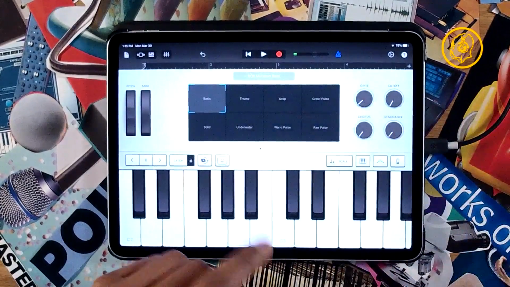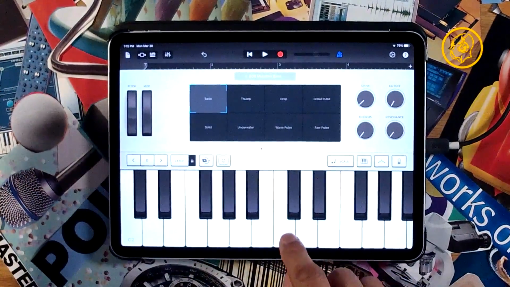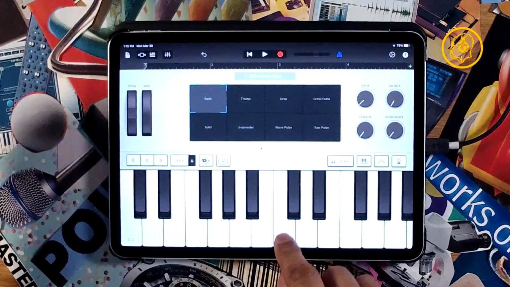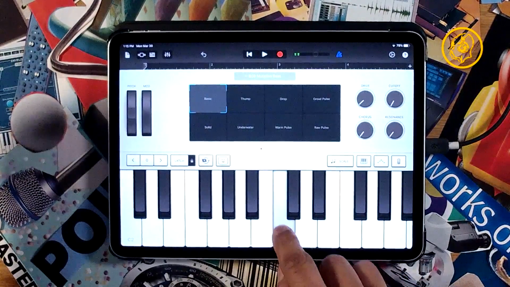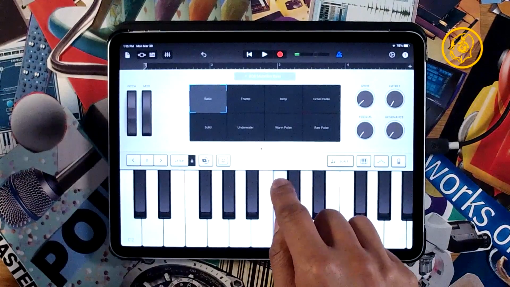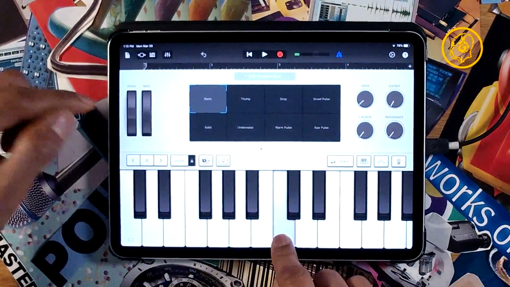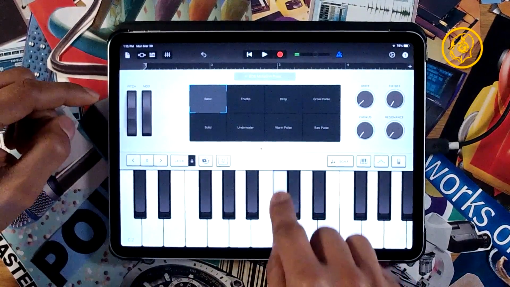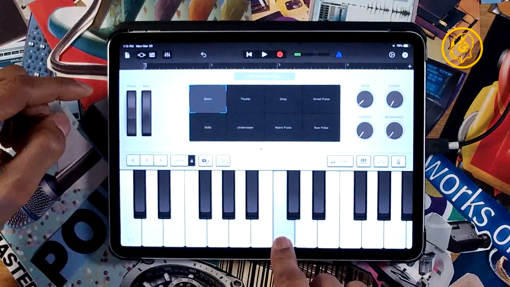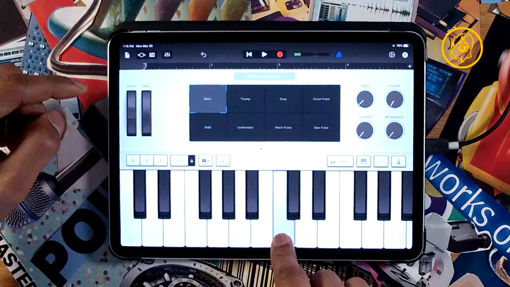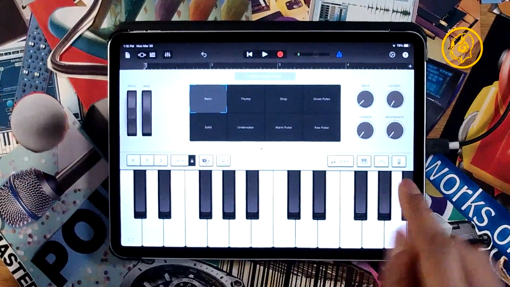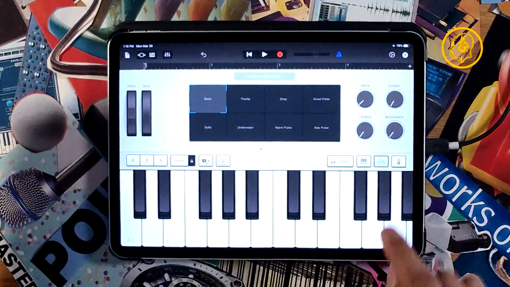Cool. Something that I don't know if you realize with GarageBand is that where you play the note matters. You hear that? Some modulation happens as you go up the key. So that could be good in your performance, right? So let's go.